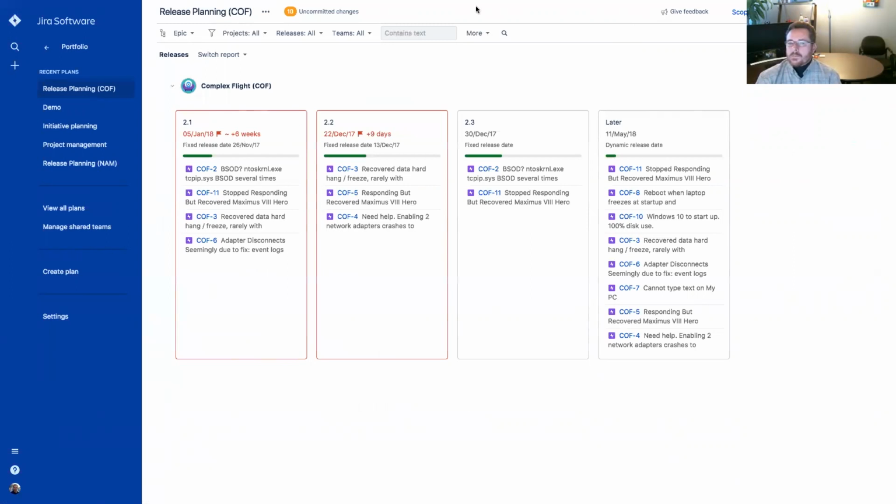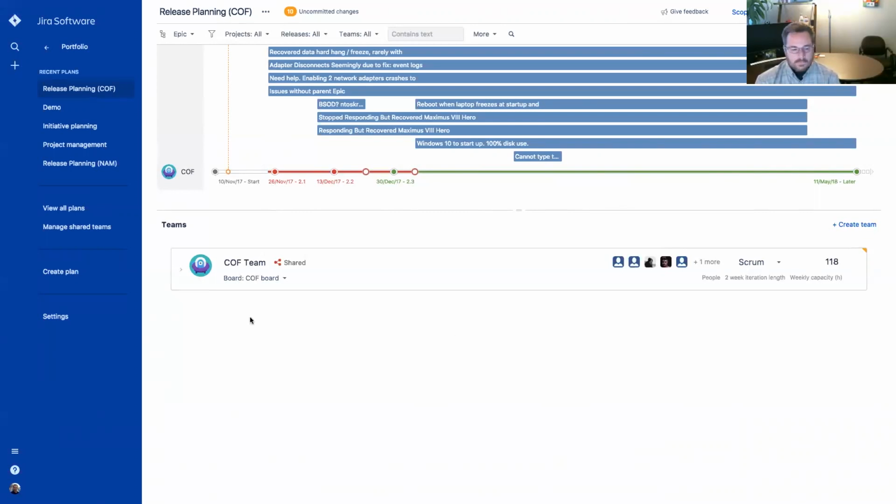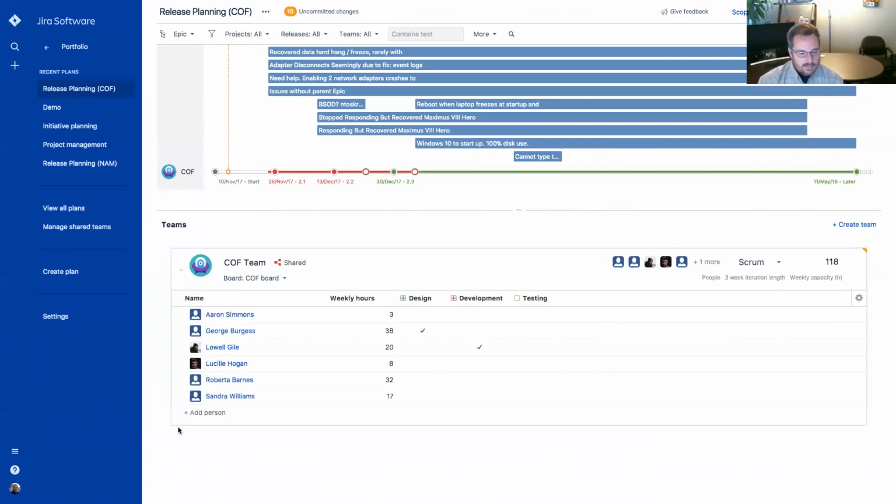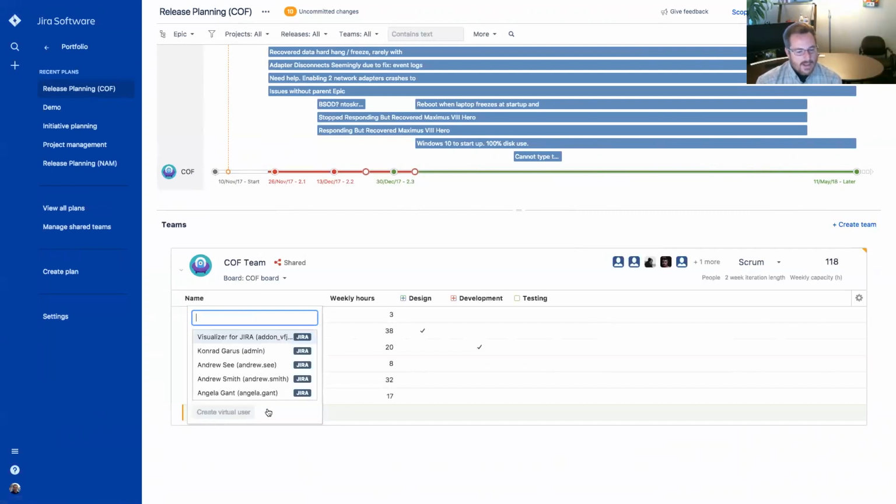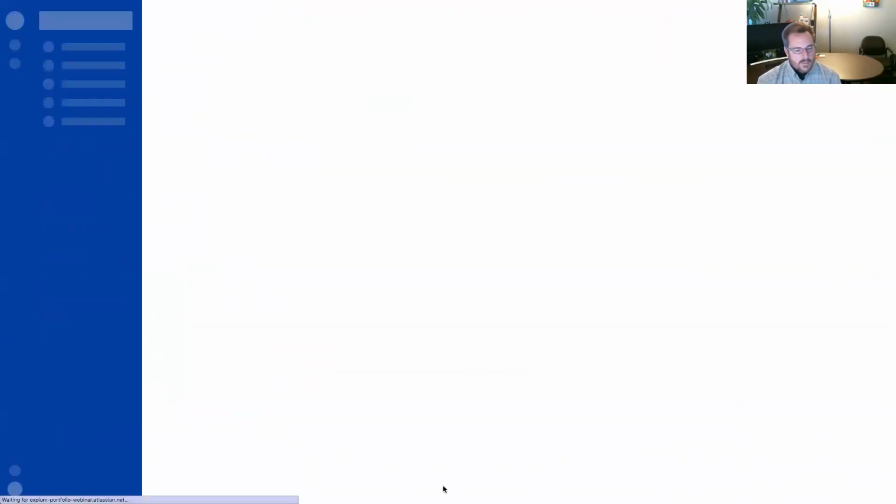So going back to the team view, another idea that is very possible here is you see this create virtual user. So what you can do is you can start doing some, again, like I mentioned before, some of that scenario planning where you can create a number of users that are potential hires, and you can begin to bring them into the process and say, okay, what would things look like if I expanded my team? Or you can also look if you have plans like we have here on this one where you have multiple